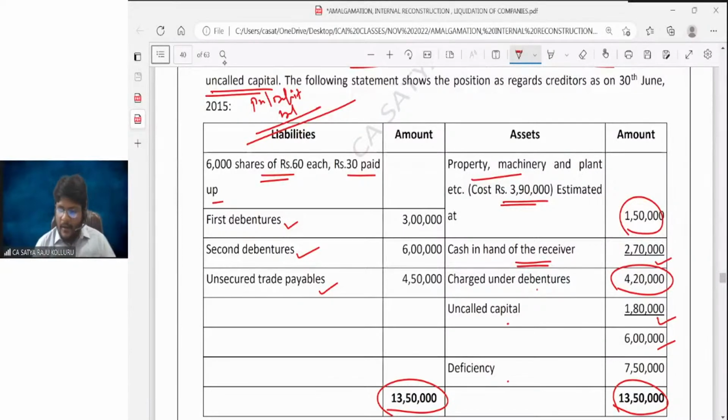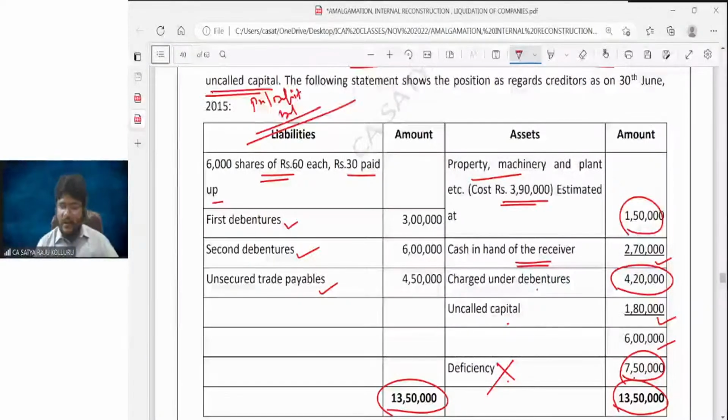Okay. P&L account debit balance, how much? All are telling that 7,50,000. You are simply telling that this 7,50,000 is the P&L account debit balance, right? That's not correct. This is not the P&L account debit balance. That is the reason why I'm taking this problem for discussion. If I took this problem after completion of liquidation, then you could easily understand that this 7,50,000 is not the P&L. But anyway, here the given information is not the balance sheet. They are just tempting you, because these figures look like a balance sheet.